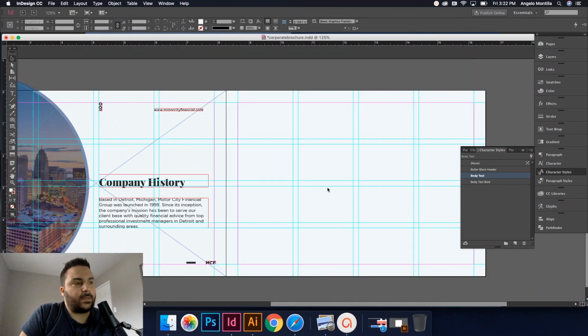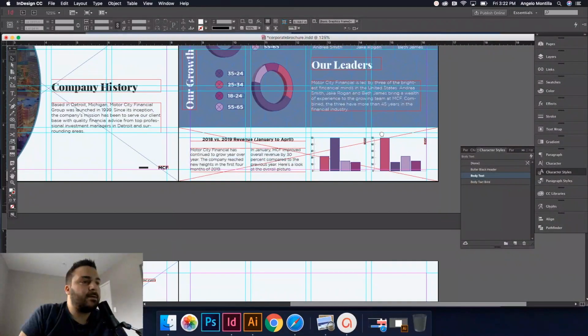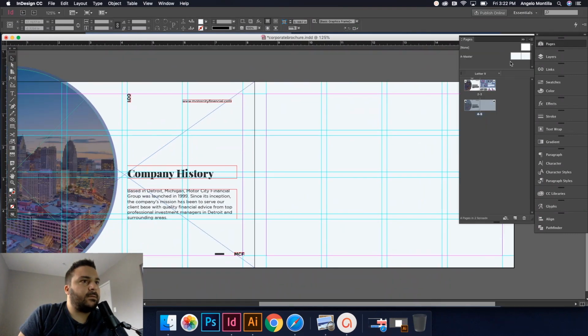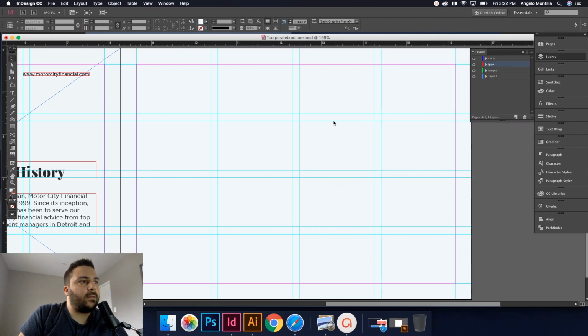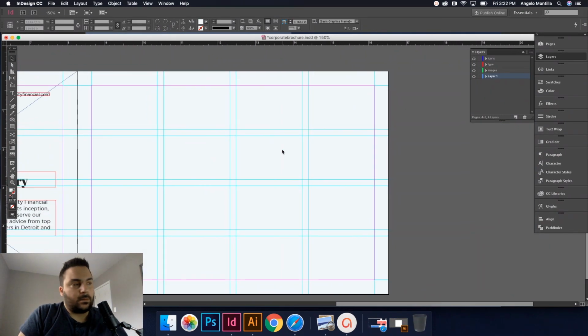All right, let's go to our second page. Okay, so this is where I'm going to show you how to add the background here, and then we'll get into how to add these graphics or graphs and charts in Illustrator, and then move them over to your InDesign project. So I'm going to go back to my background layer, unlock that. And in this case, I'm just going to copy this one, Control Command C, click on the second page, Shift Option Command V,